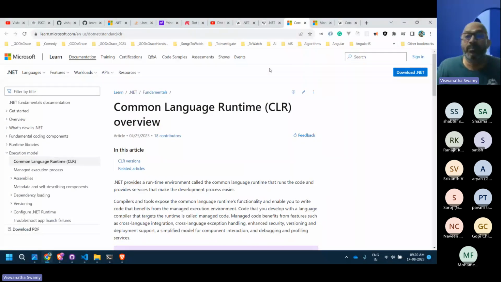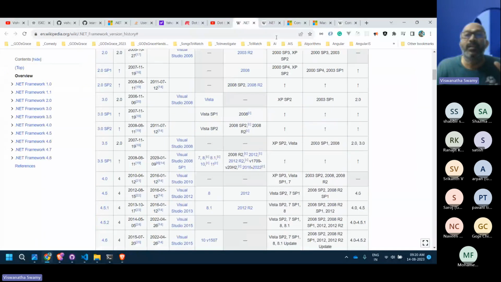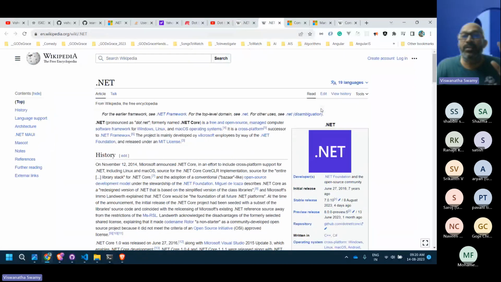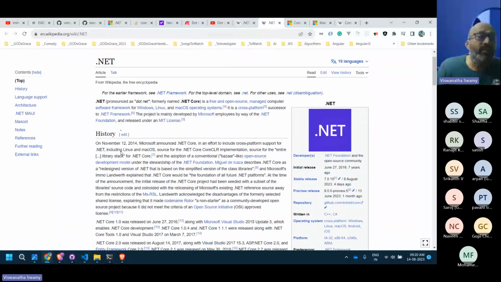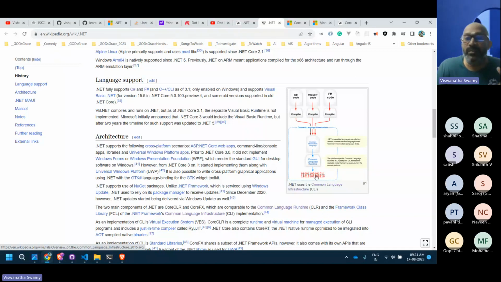Please keep this picture in your mind always. The compilation process, the architecture piece where you see this: we write in C#, it gets compiled using Roslyn or different, respective compilers, and it converts into intermediate language, and that is then JIT compiled, just-in-time compiled, and it compiles to the machine specific language. So that is the reason it gets executed.